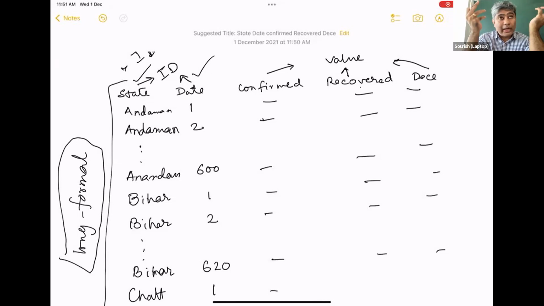There could be multiple IDs in a data set. So state and date are two IDs in this data set, and these are my value columns. Okay. Clear what is long format and what is wide format?